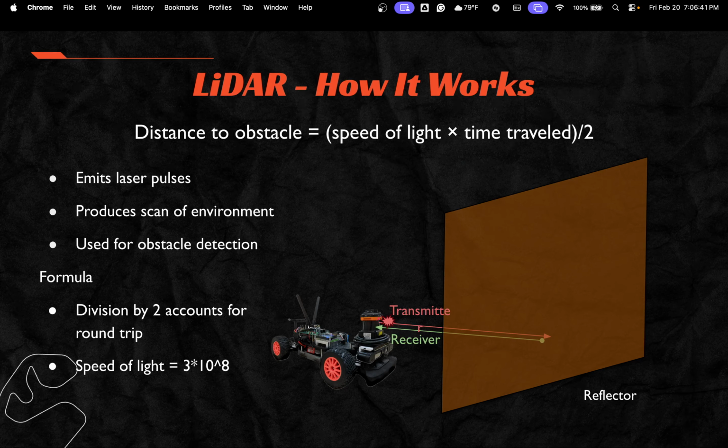So what happens is that once it sends out a pulse and that pulse comes back, the LiDAR unit calculates how long it took that light pulse to come back. And with that, you are able to know how far away whatever that LiDAR reflected on is. So to give you an example of how that math is pretty simple,